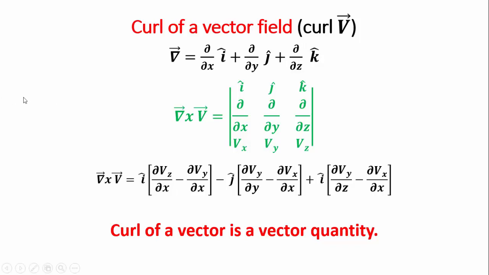So you know that the curl of a vector is a vector quantity, and this is how it is written in the determinant form. Then after the multiplication, remember students, here we always make a mistake, so you should concentrate on these two minuses, okay. So this is the curl. What is the meaning of curl? Have you heard about the curl?